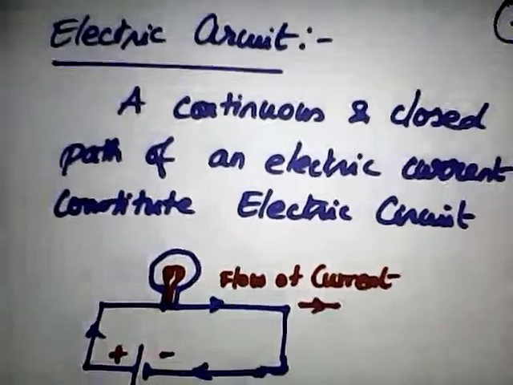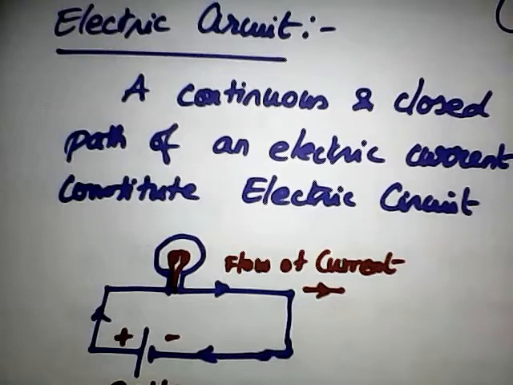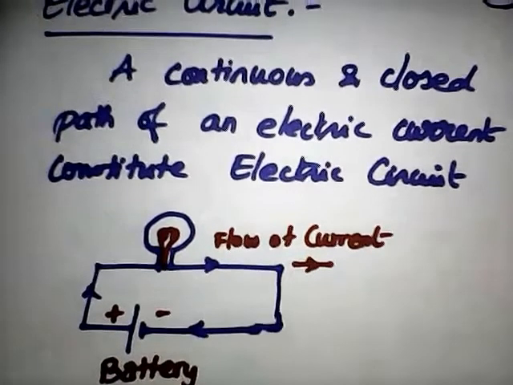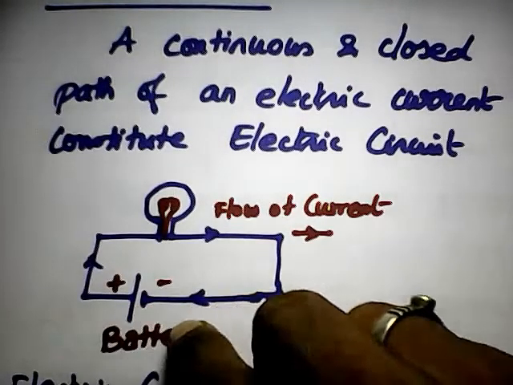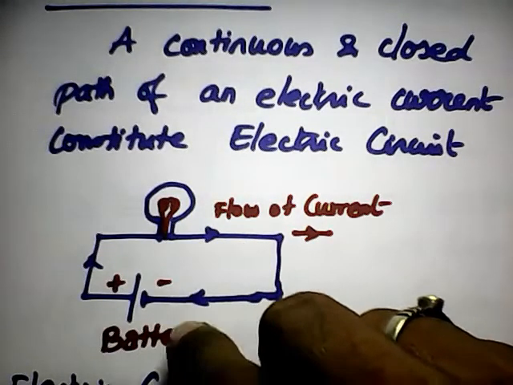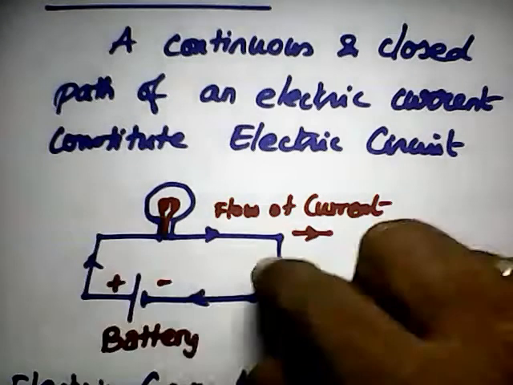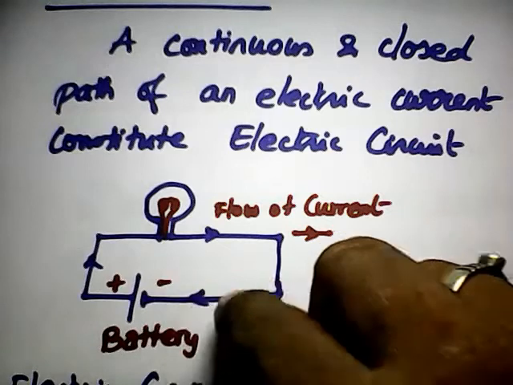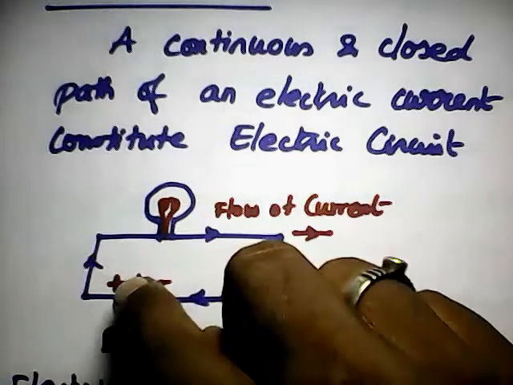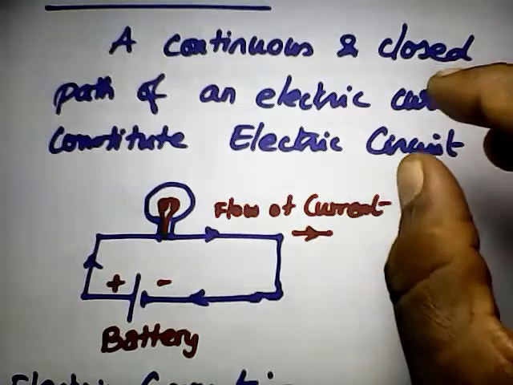What is meant by electric circuit and current? First thing, we'll know what an electric circuit is. If you see any current passing through a closed path, then it is called an electric circuit. The flow of the current will be continuous. For example, in the diagram, I have connected a battery to a bulb. Here the current flows from positive to negative pole, whereas the electrons move in the direction of negative to positive. This is what the convention system says.